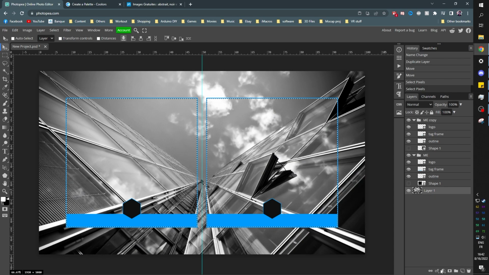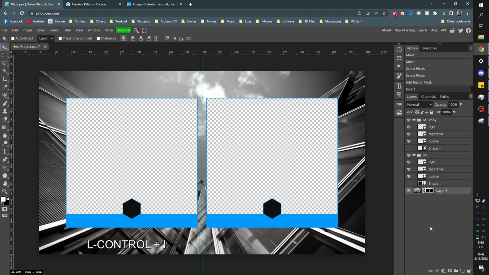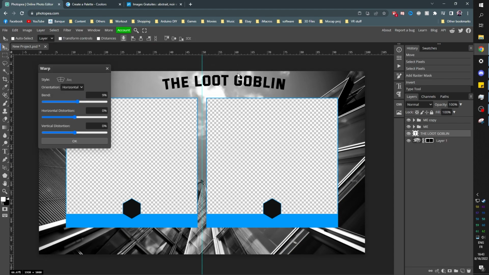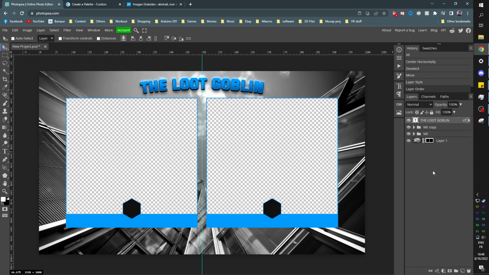Now select the background and click add raster mask. All right, it did the opposite of what we wanted to do. So we can press Ctrl I to invert the mask. Boom. There you go. Your first scene is done. Now I'm going to create a title. I'm not going to go over details, but I'm just going to put a title just for you to be able to modify when you're ready. All right, so when you're going to use this template, all you have to do is double click on the T here and then make it say whatever you want.